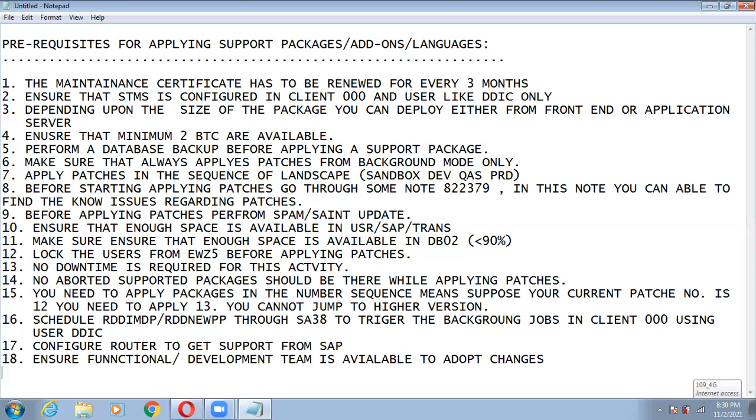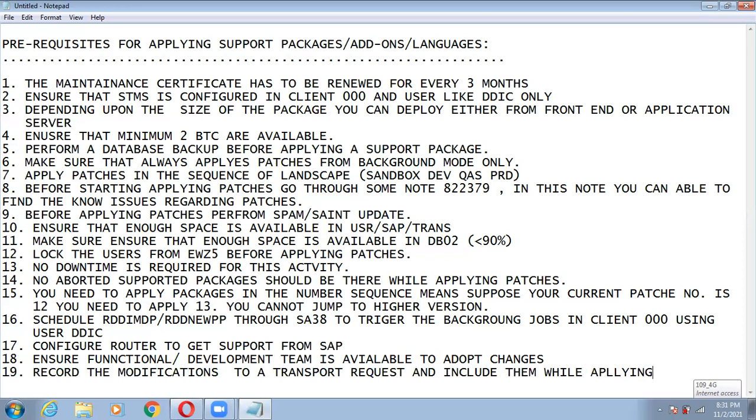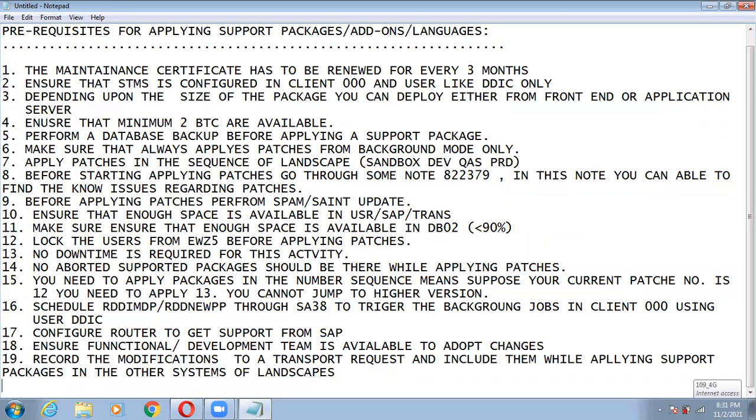And record the modifications to a transport request and include them while applying support packages in the other systems of the landscape. Are you getting all these points?